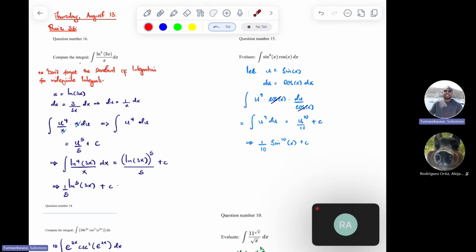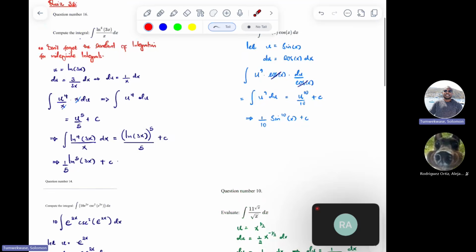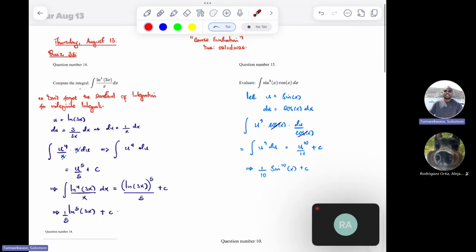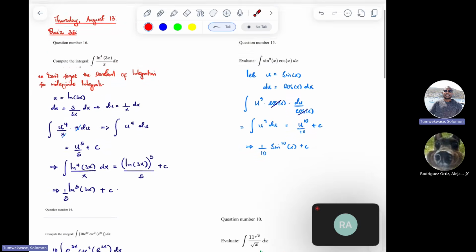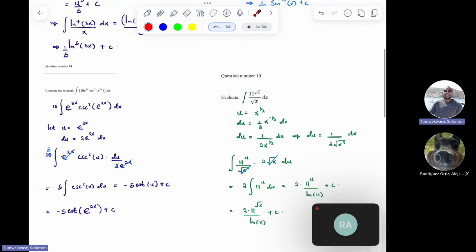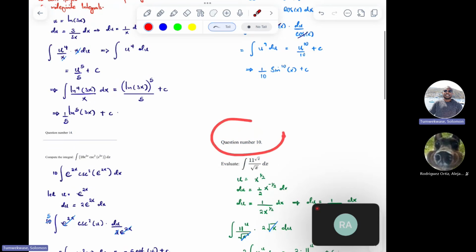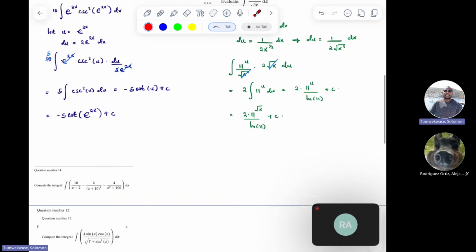Quiz 35 is a little easy compared to quiz 36. So unless you really have a specific question you want me to go over, yeah, but I think Rodriguez, it's you who requested that maybe usually I go over the last question, so that's what I did. I chose the last questions apart from I just skipped question 10 after the last 3. Okay,